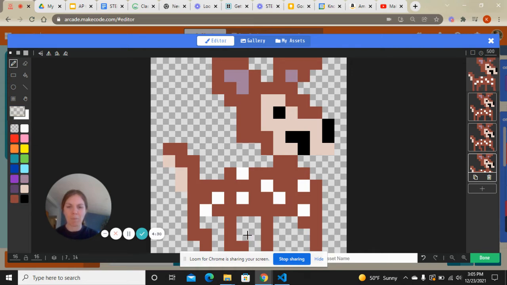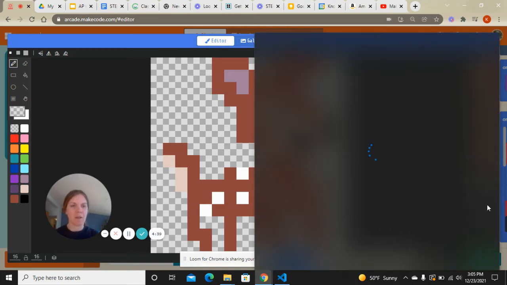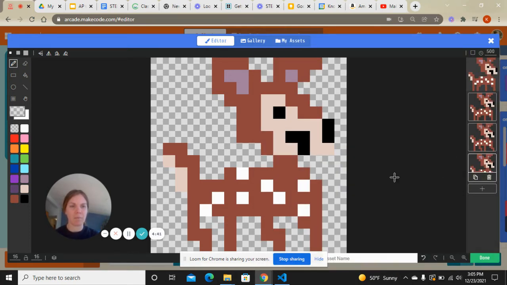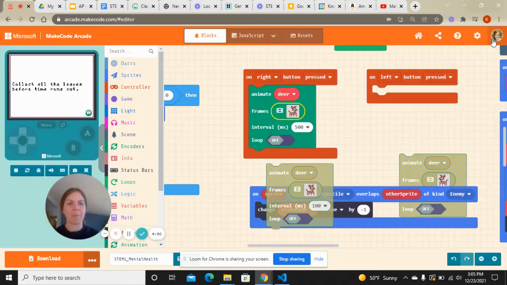Boop, boop, boop, boop. And I am not an artist, and that's okay. You don't have to be an artist either. This is just a chance to have fun and see your game come to life. Okay. All right, so let's see here now. Here's what it looks like now when it's moving. I probably would want to adjust that a little bit to make it look a little bit better, but okay,